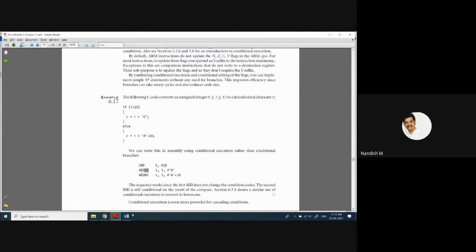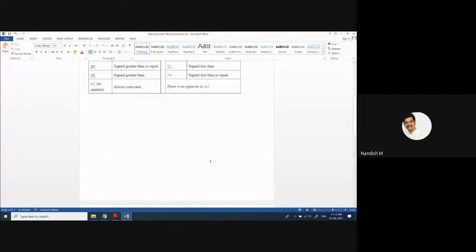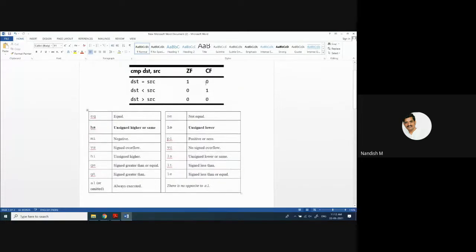LO means, if you see this table, you can understand. What does LO mean? Unsigned lower. Unsigned lower means the C flag should be 0. When is the C flag 0? See here. If the destination is greater than the source in the compare instruction, then the C flag will be 0.